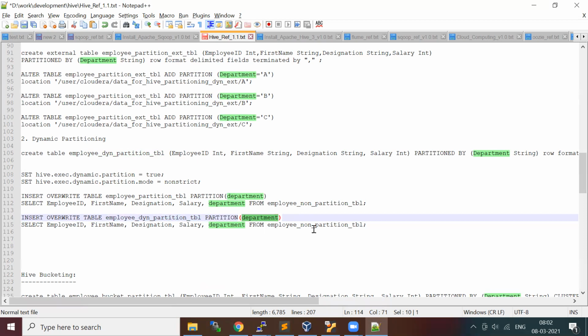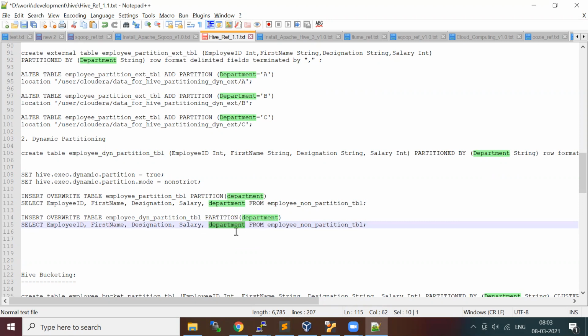We read from the other, non-partitioned table, and in the final column you should put the column meant for partitioning. You should always keep the last column as the partition column.